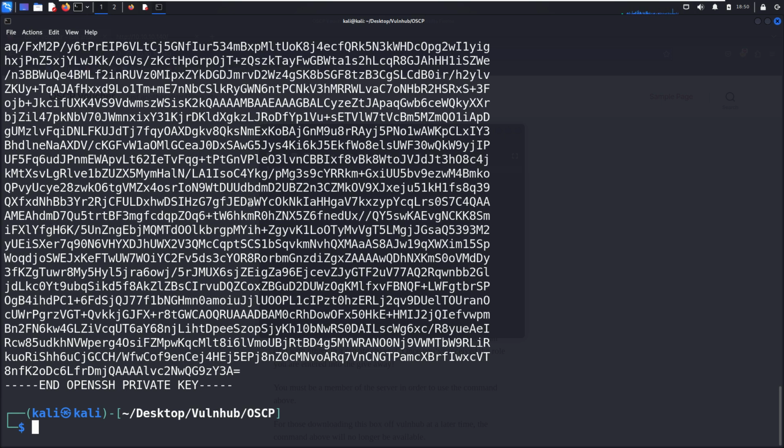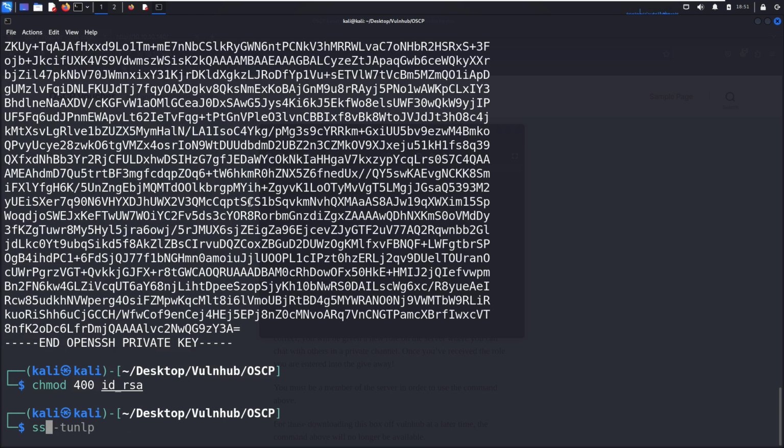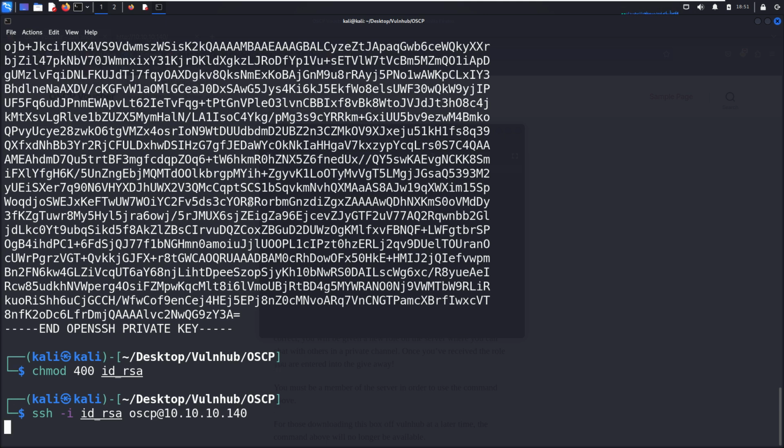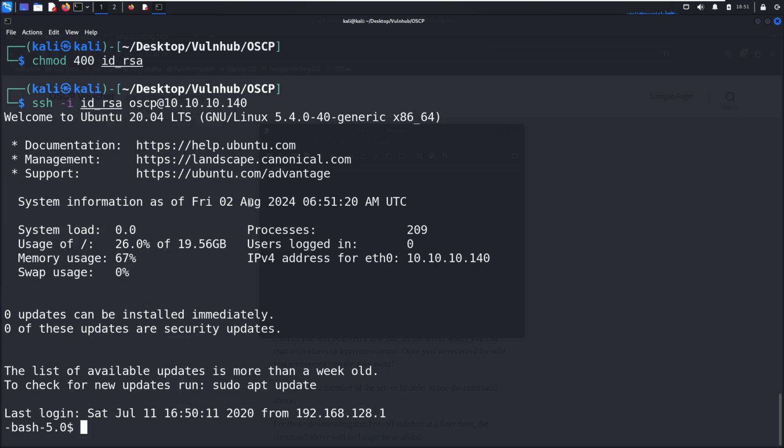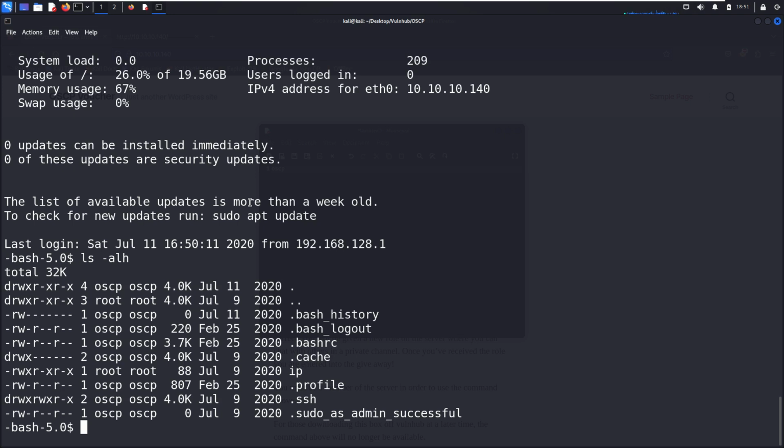So how do we connect? Before we SSH to the target, I think it would be best practice to change the permission for the private key. Change mode to 600, or read-only permission, and then we can SSH with the option -i, the private key, then the username, followed by the IP address of the target. Alright, we are logged in successfully without problem, right? So this is not so hard anyway.